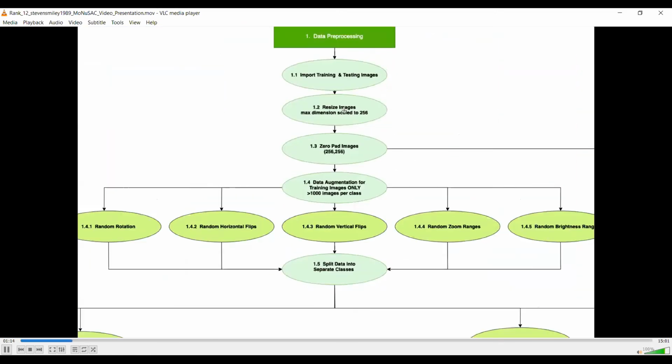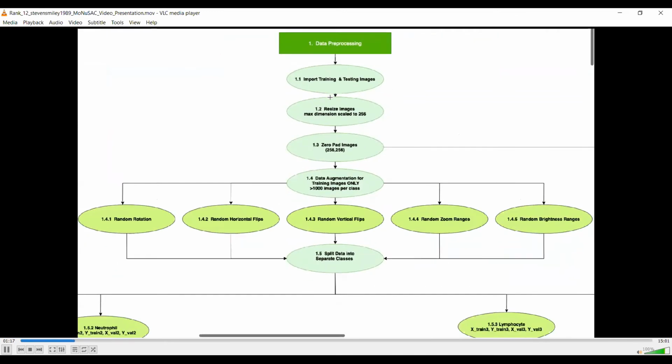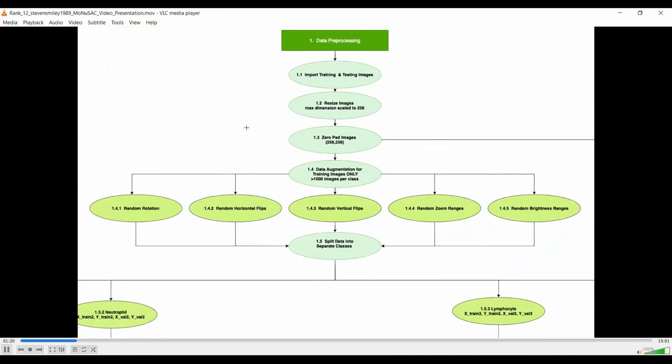So looking at the top of that flowchart at a lower level, where you can see what's going on, you have the data pre-processing step. The first thing to do is, after you've gotten the images for the challenge and have them on your computer, import them into your notebook. So I ran Google Colab to do this competition, the pro version with GPU setting, high RAM, and after I had that set up and I had the files I needed to run this algorithm and train it, I was able to start importing them.